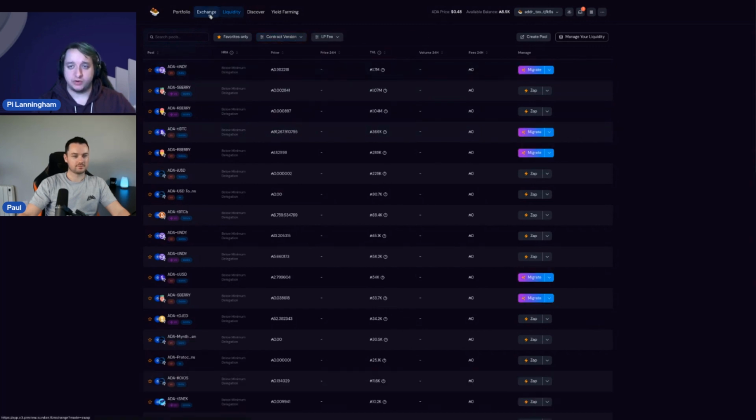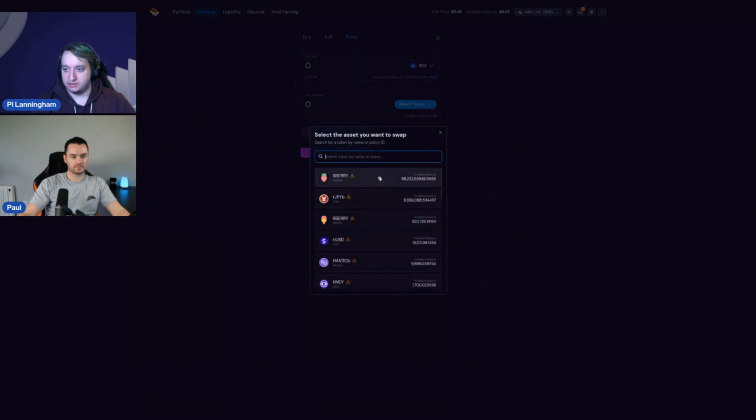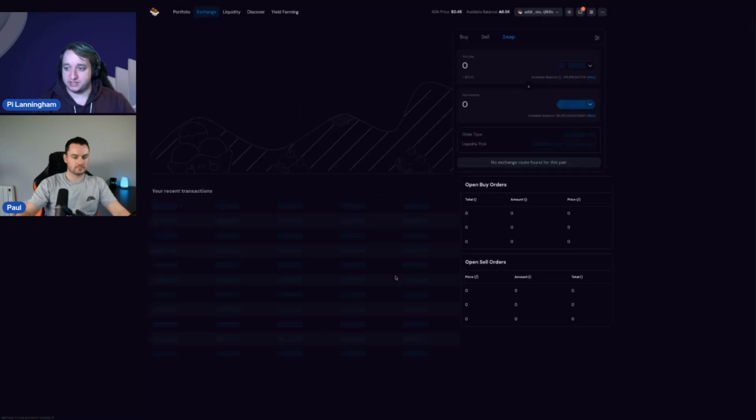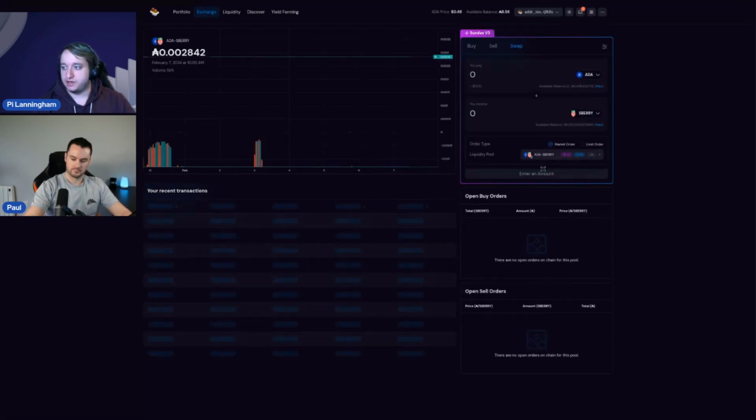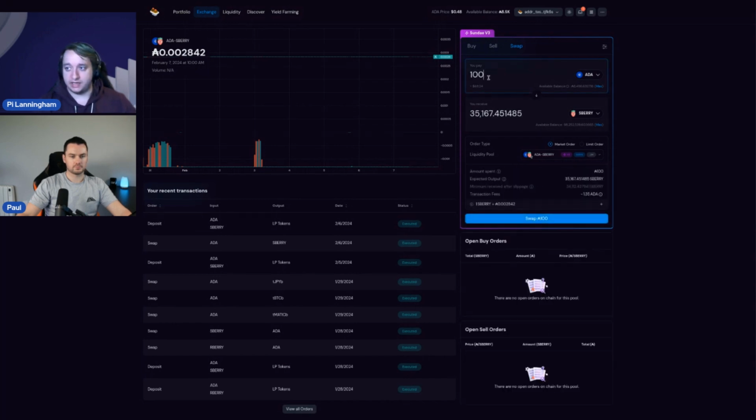If we go onto the exchange page, I can pick a token. I could have swapped from that last page, but there's something here that I wanted to show off. Down here, you'll be able to pick which pool you want to swap against. That currently exists, but right now it's really just picking what fee tier you want to pay. V3 pools will be included in this, and then I can enter a swap, in this case ADA for our fake Arbery token.